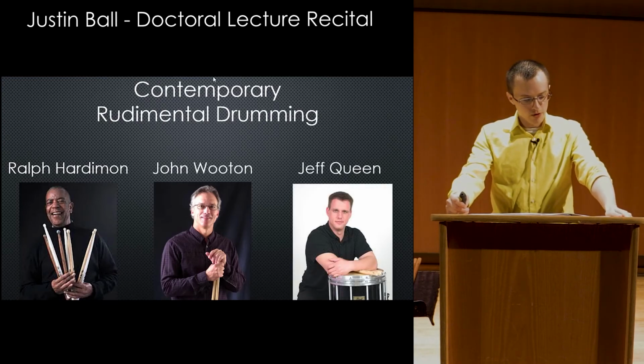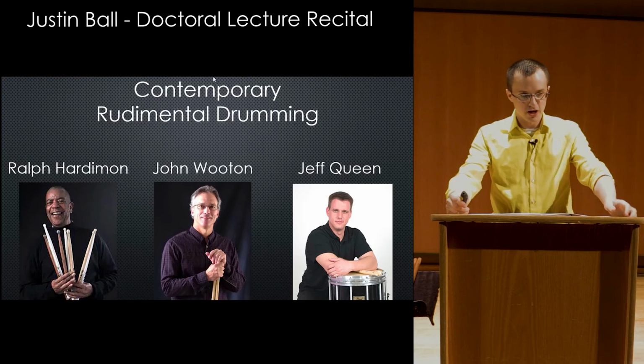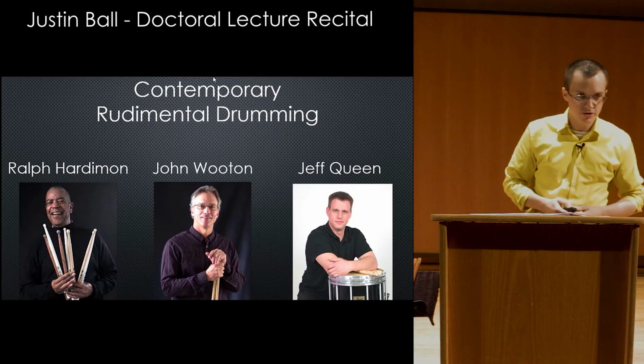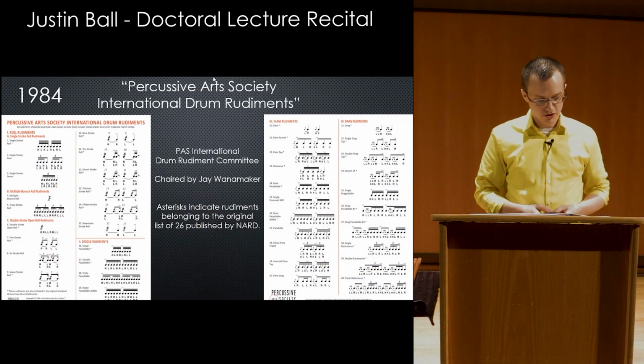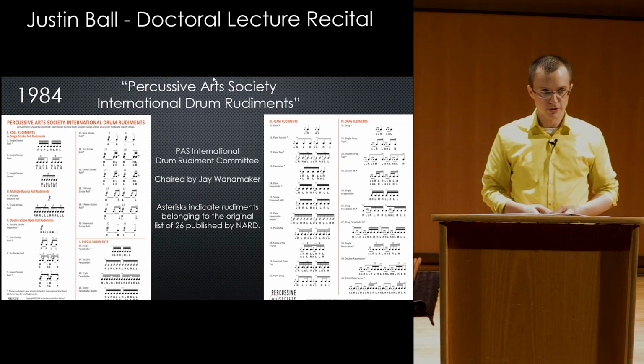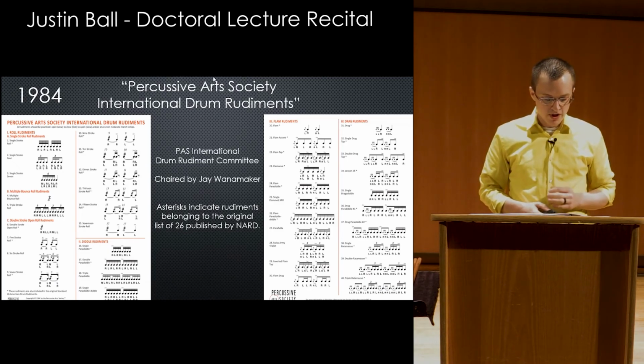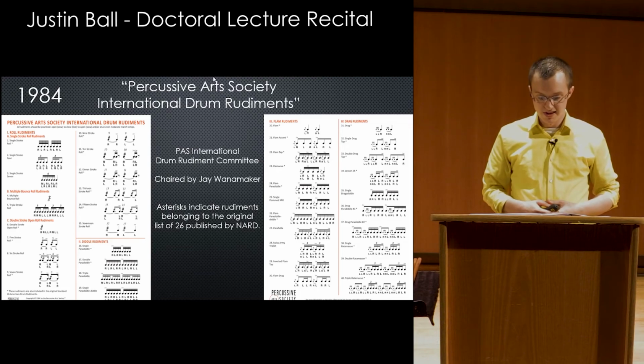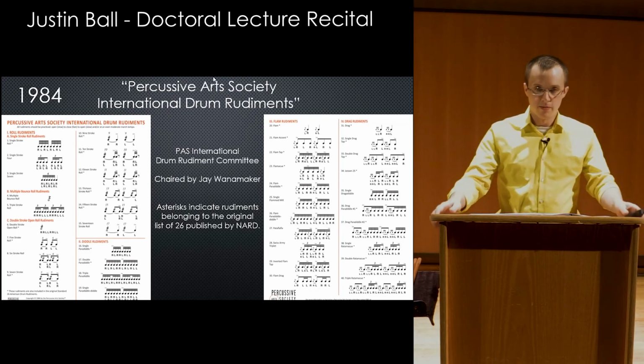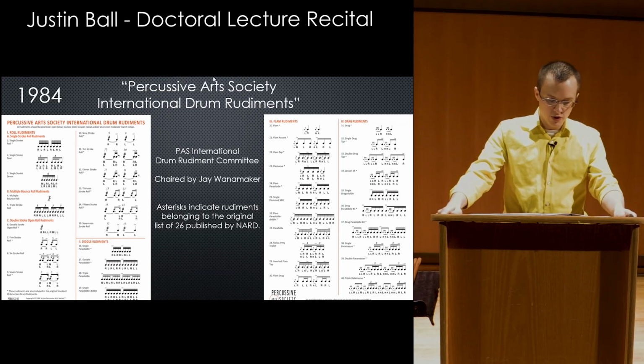In 1984, the Marching Committee of the Percussive Art Society published another rudiment list entitled the Percussive Art Society International Drum Rudiments. This list added 14 more rudiments to the original list of 26 to add up to a total of 40. This list has remained the standard for American percussionists, but has yet to gain traction throughout the rest